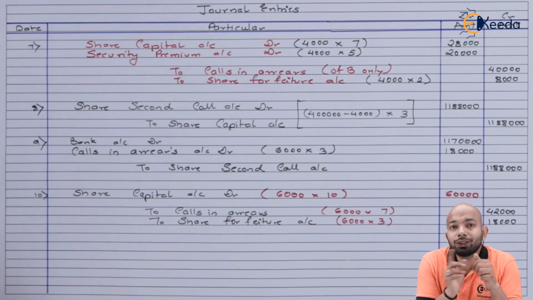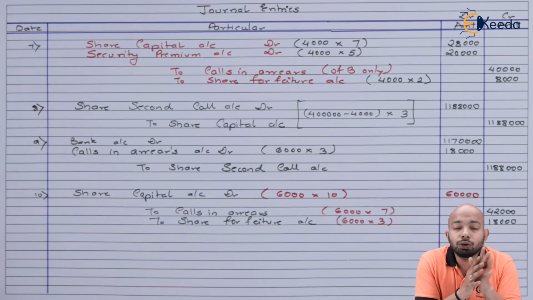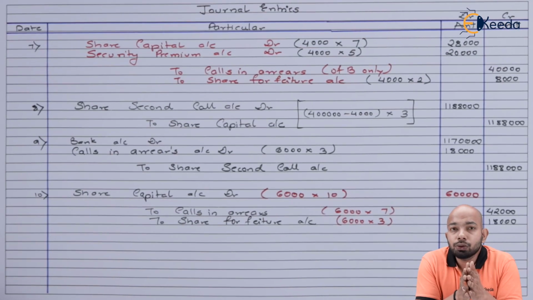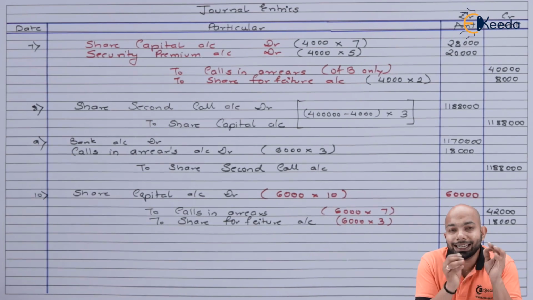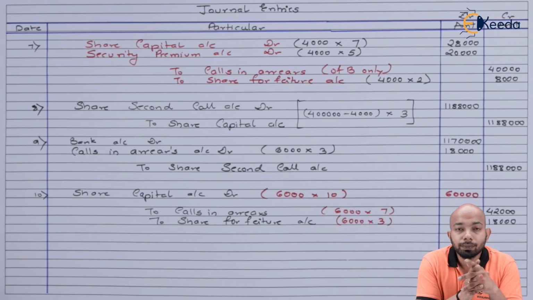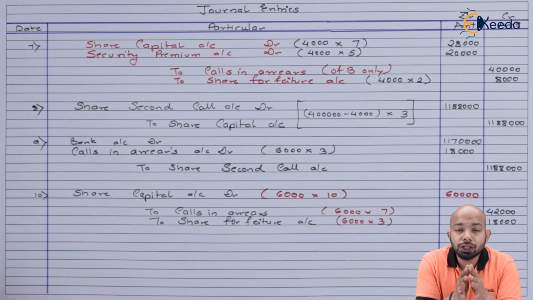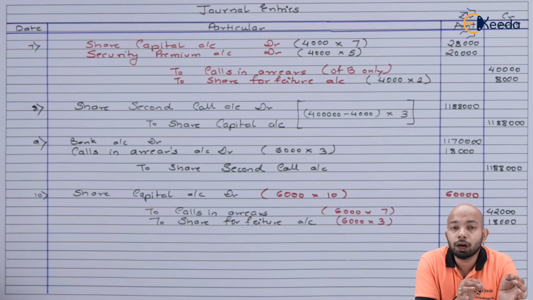We have figured out how the entry is supposed to be passed, how it goes on, and how exactly we're supposed to pass the journal entries when it comes to securities premium not being paid in any illustration of share forfeiture. So I hope the share forfeiture entry related to this specific illustration, especially when the share premium is not paid, is